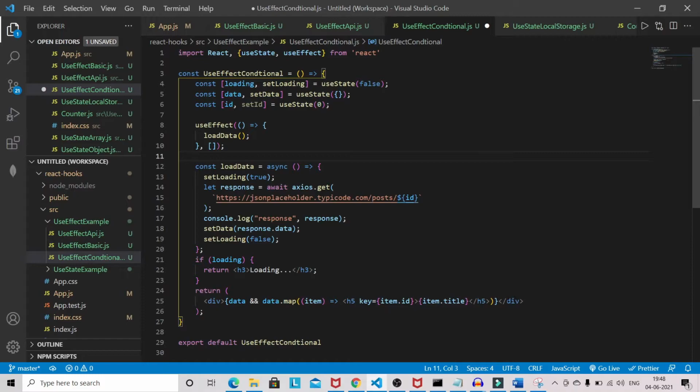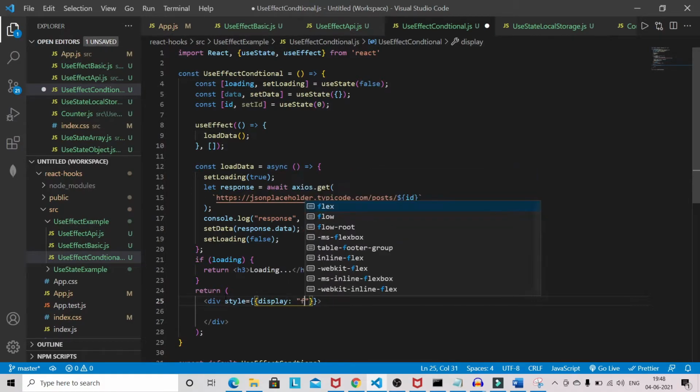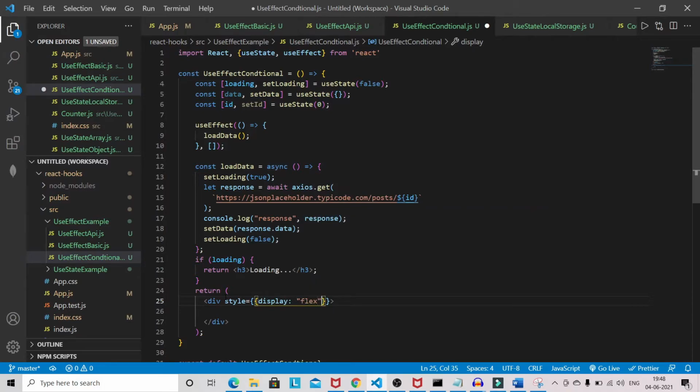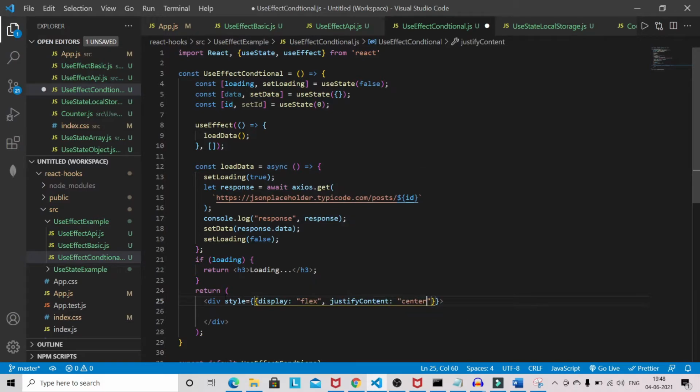And just let's get rid of this. I will use style, display flex, justify content center.